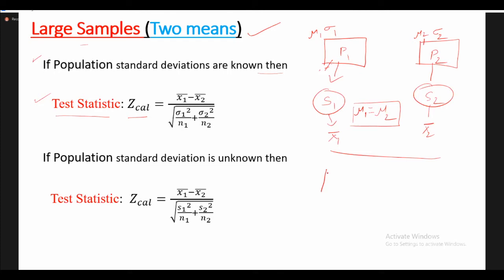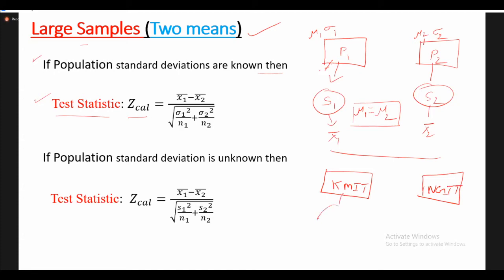See here, the first population is KMIT, and the second population is NGIT. Now here we have to test the teaching methodologies in both the colleges. Or simply, as we already discussed, the height of the students in KMIT and NGIT.